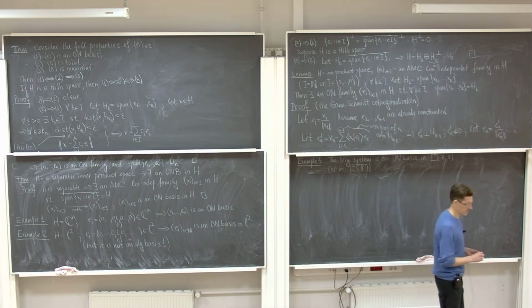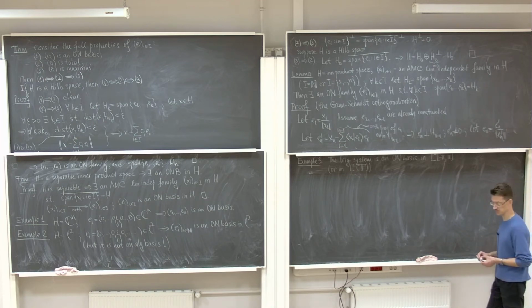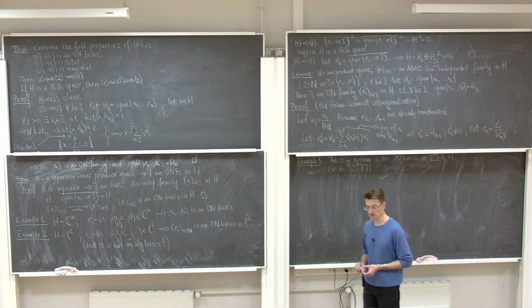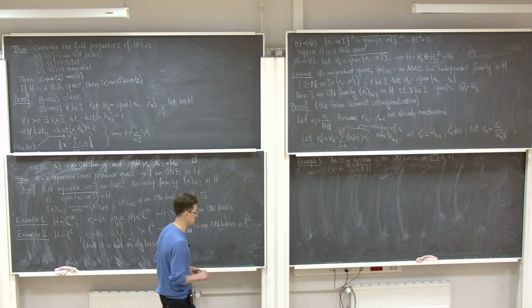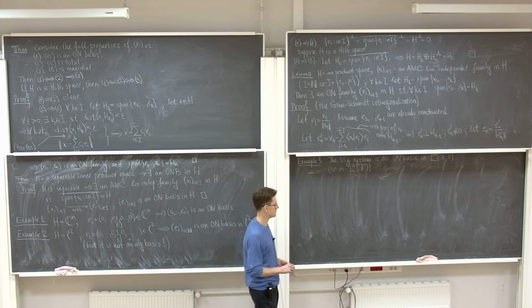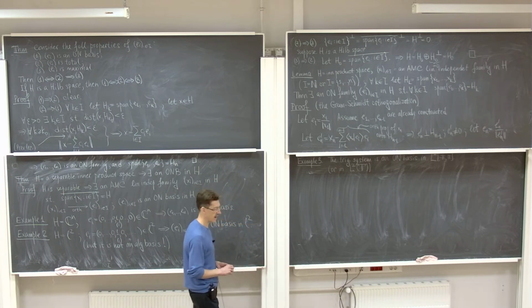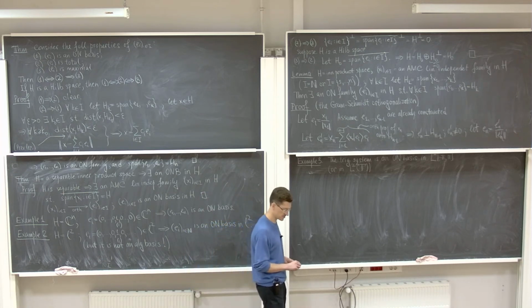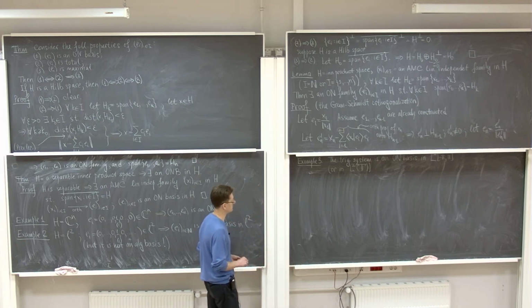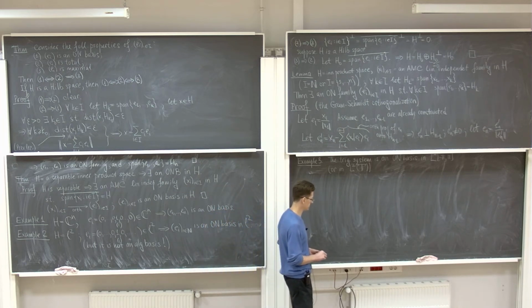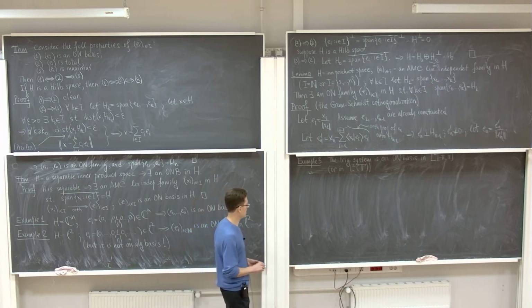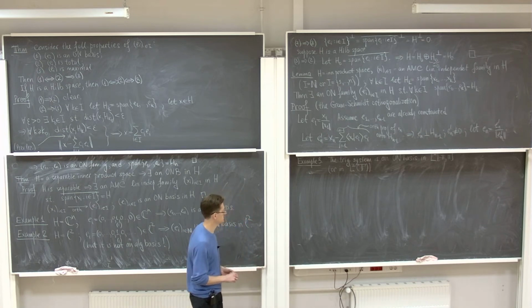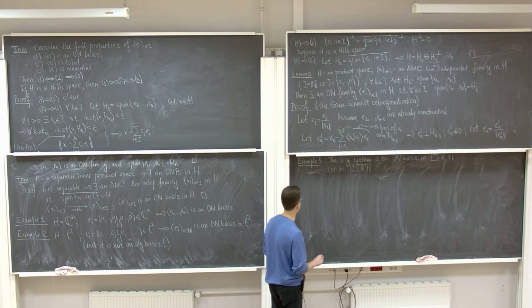By the way, at the previous lecture, we have also discussed the Rademacher system, which is an orthonormal family in the big L2 space on the interval 0, 1. So the Rademacher system is not an orthonormal basis. It's quite easy to construct a function which is orthogonal to all elements of the Rademacher system. But on the other hand, if we add finite pointwise products of Rademacher functions, what we get is the so-called Walsh system. And there is a theorem which says that the Walsh system is an orthonormal basis in L2, 0, 1.